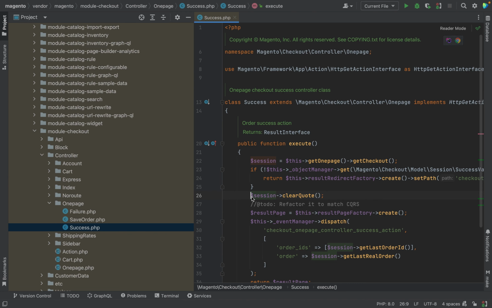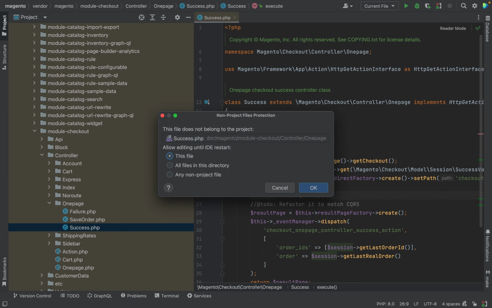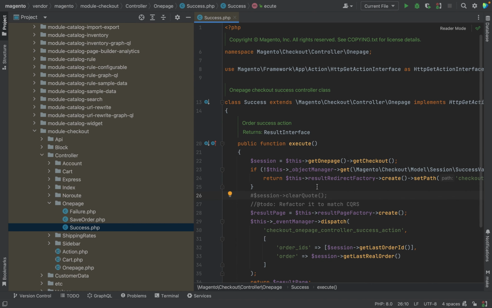To debug your issue, you can comment this code and debug your issue on the order success page or customize it. Please note that this is a hack. This is not a proper implementation of this. So once you fix your issue, once you make the changes, once you style your page, come back and uncomment this code. And definitely you should not try this on a production environment because it will impact other customers also. So use this approach only in your local system.